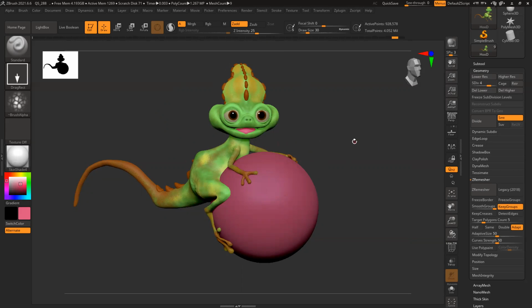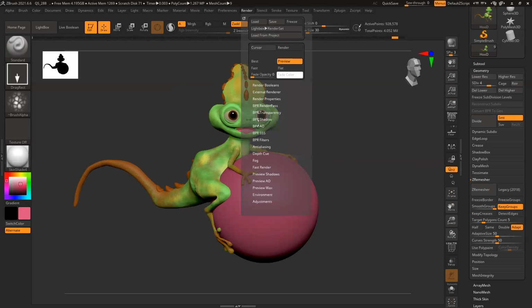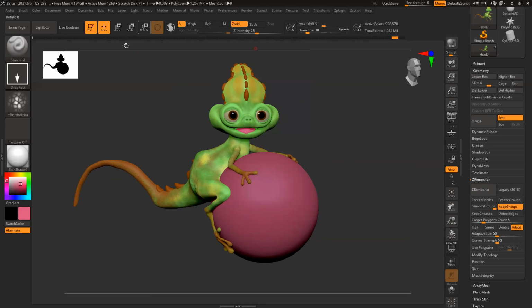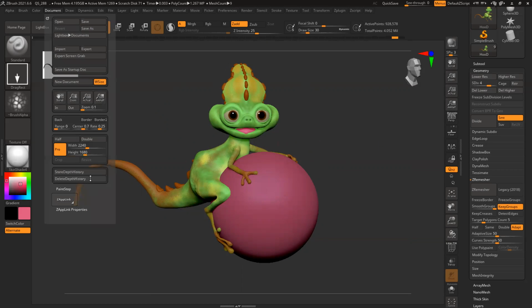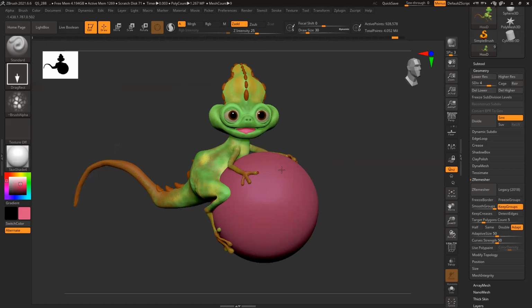For rendering, there are again two ways. Under render, you can see we have all these render passes. Based on whatever the file size, you can render that size only. So either you can click BPR, shortcut Shift R, or just tap BPR. Generate shadow, everything renders, and this is the rendered version.